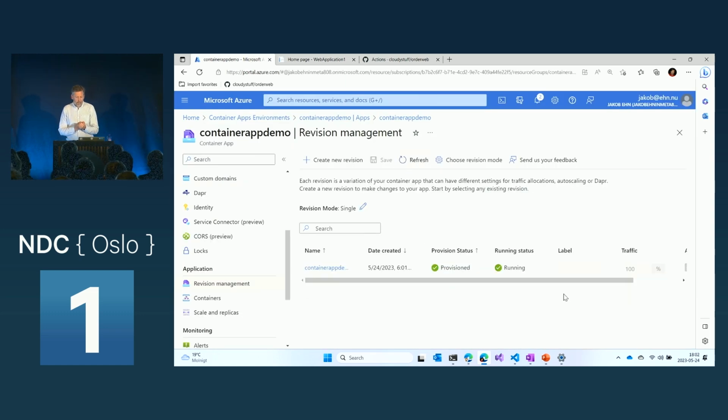And again, now we only have the one revision. This is the default behavior when you create a container app: you have one revision active at a time. You deploy a new version, and Container Apps will make sure that the new version gets the traffic once the container is up and running and ready to accept requests, and then it's going to remove the old one. That's how you achieve zero downtime when you do deployments. So this is the default behavior, but